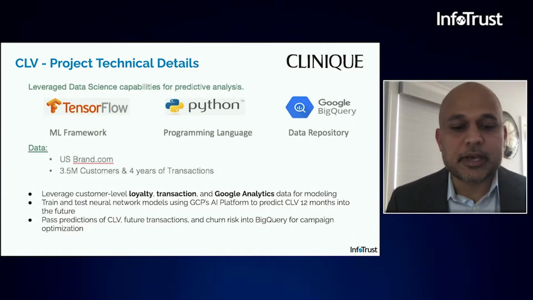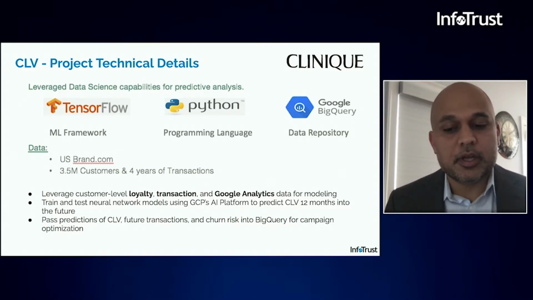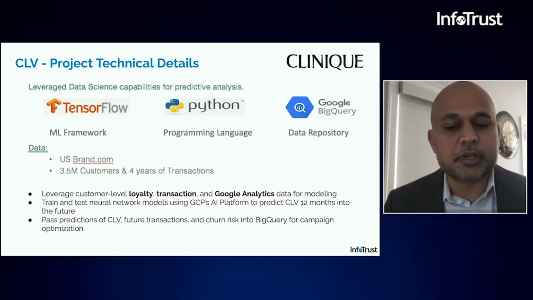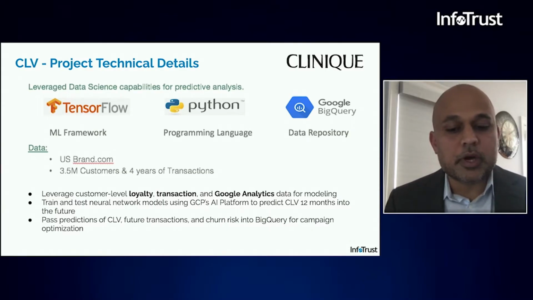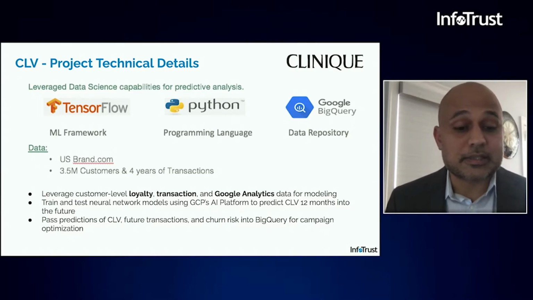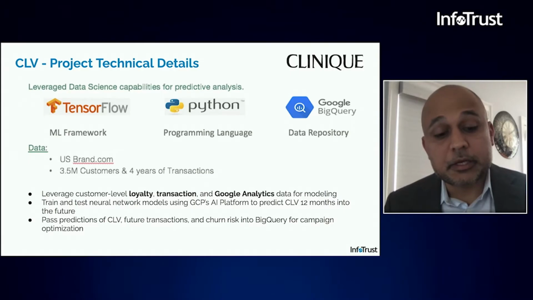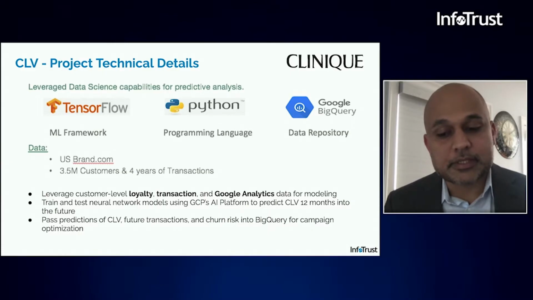So as you can see here on the slide, we built the model in GCP, which is Google Cloud Platform, and leveraged its analytic framework, which includes BigQuery, and we used it as our data storage. Our data set contained close to 3.5 million users with 4 years of transaction history. We took different approaches to build this model. One of them was we tried a simple linear regression model. There were some trials on out-of-the-box statistical models, which are also known as buy till you die models, which only leverage the RFM metrics. But we eventually ended up using the neural network model, which is more complex and uses a lot more features along with the RFM metrics.